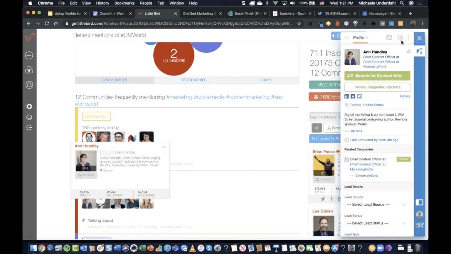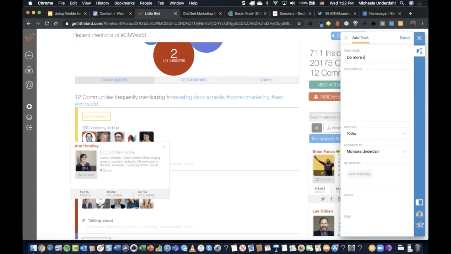I could even schedule the next step. So let's say I identified her as somebody I definitely want to do something with. I could create a task for myself. Maybe I need to do more research. I could even put the description here, figure what exactly it is I want to do or what I want somebody else on my team to do. So you can easily delegate tasks using the extension to other people on your team. You can set specific due date